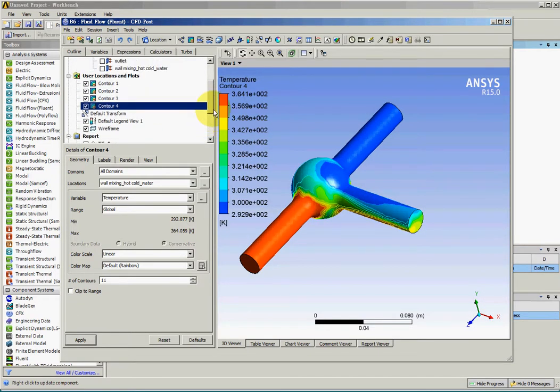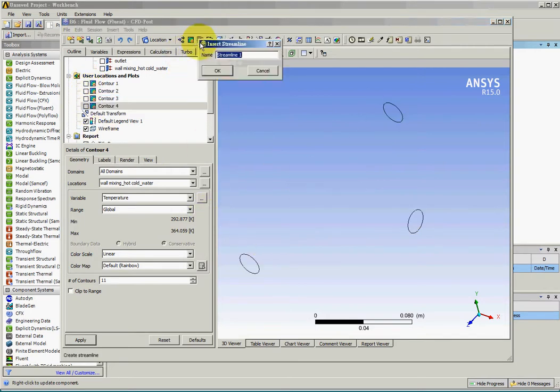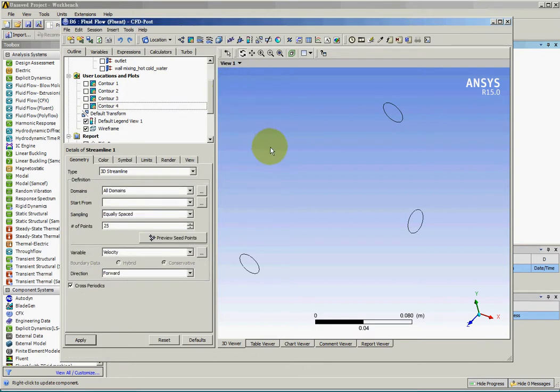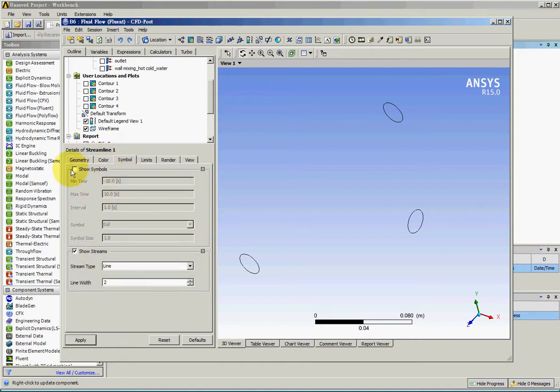But for the present time, I will hide the plots, and I'll generate a streamline or flow trajectory. The streamline will be from the outlet, and it will be forward and backwards. It will be 40 points and equally spaced for velocity. And for the symbol, I'll choose show symbol, and it'll be a ball. Okay,